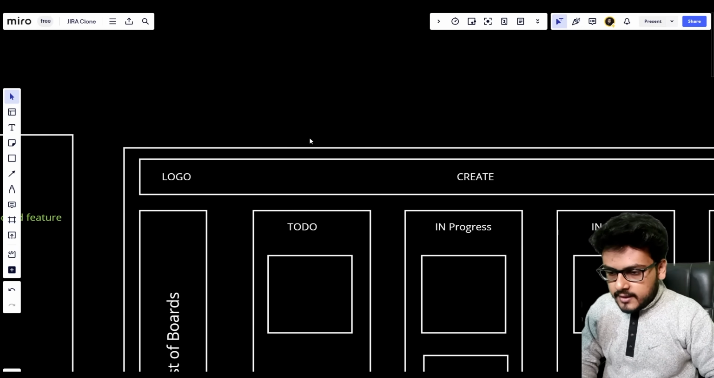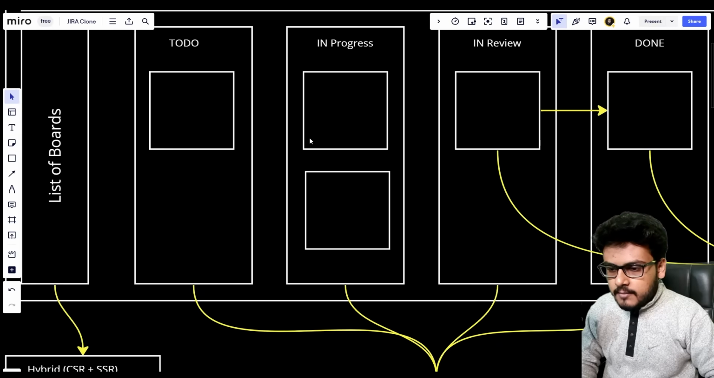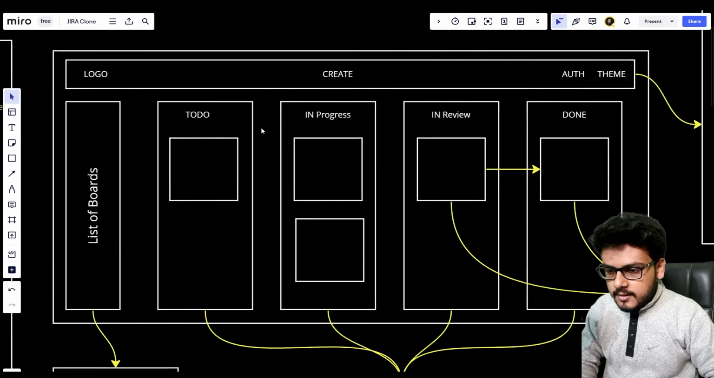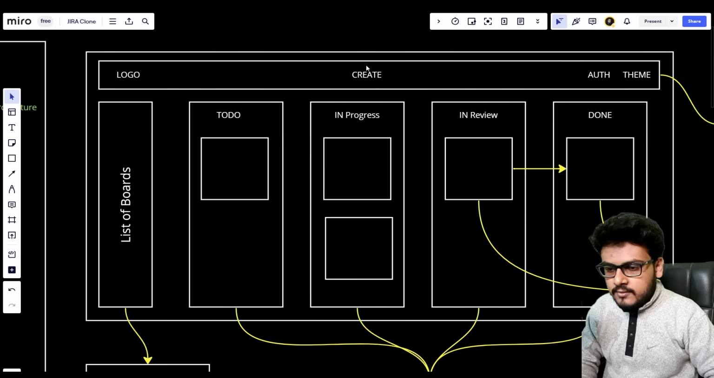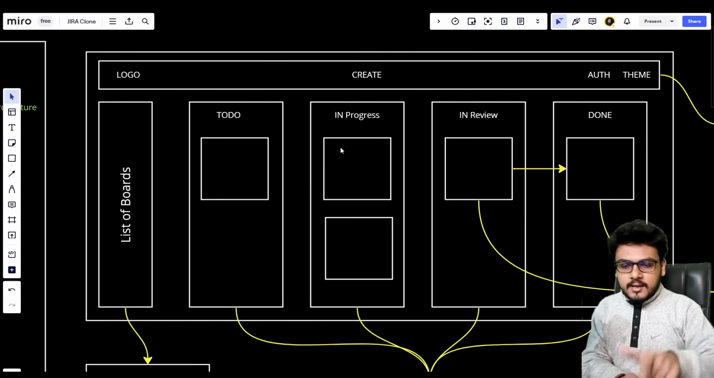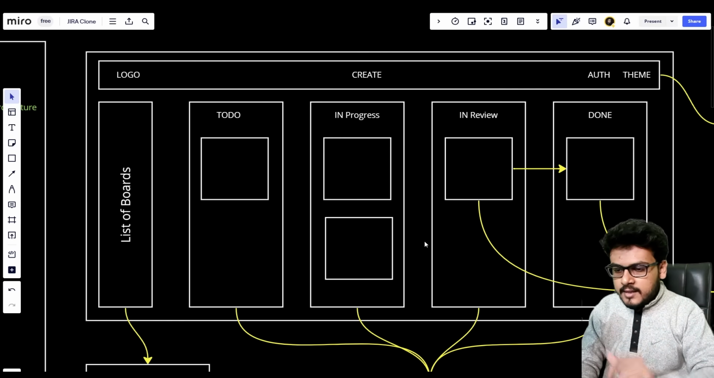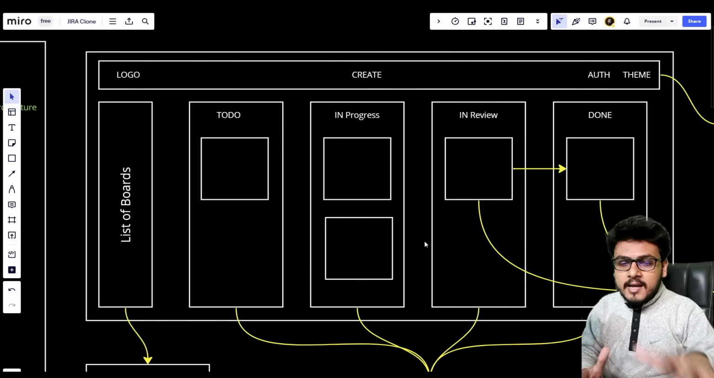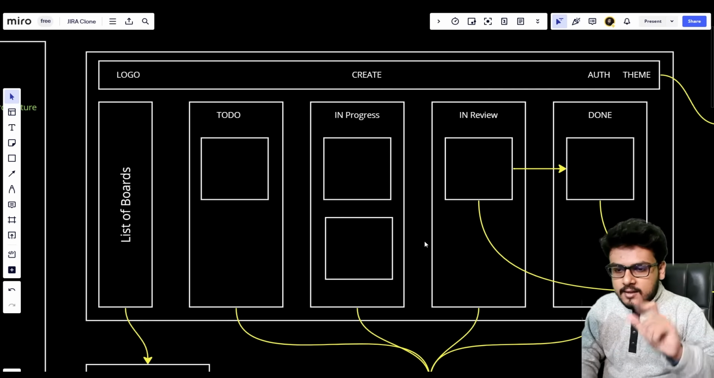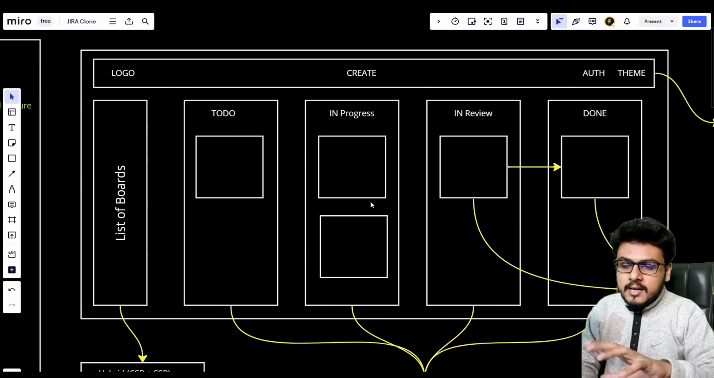So if we come back to Figma, I got the Figma from the designer, and here I can see I have various components: navbar, list of boards, then I have these board columns, then tickets, and how I am going to define the architecture of my code base. So let us start with the easiest part. But before starting that,